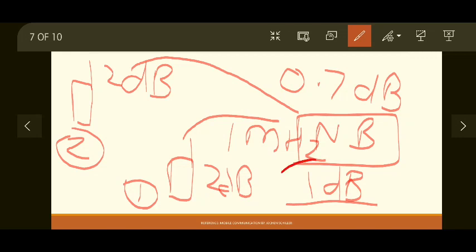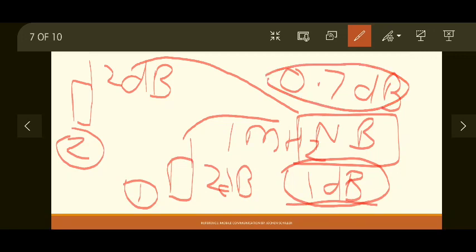Node B decides that the signal which came from user 1 has a better signal strength compared to the other one. So it will accept the signal from the first user because it has a better signal strength. But both users transmitted at the same power level, and both users are unique in nature, meaning they are communicating different data. So since the first user is closer to node B, the signal from the first user will always be accepted and the signal from the second user will always be rejected.